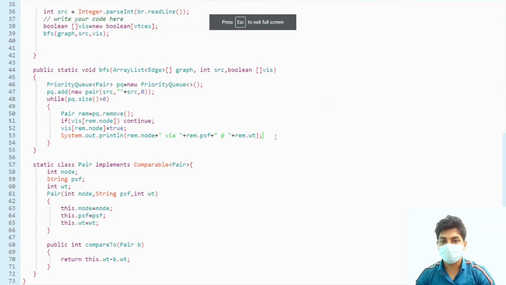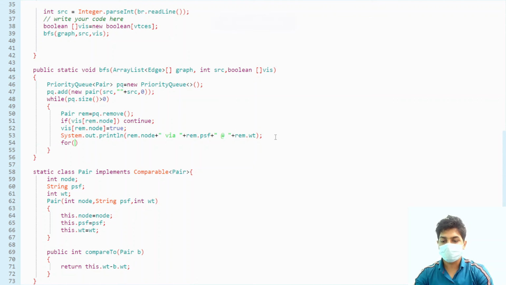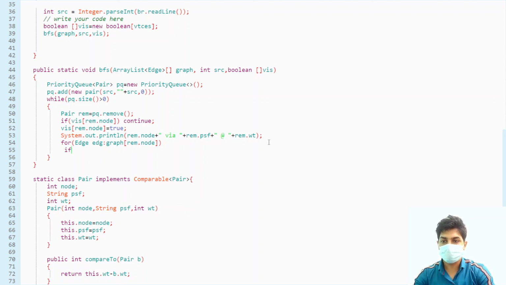After doing the work, we have to add the neighbors. So for edge in graph of remaining dot node, we have to check if this node is not visited.